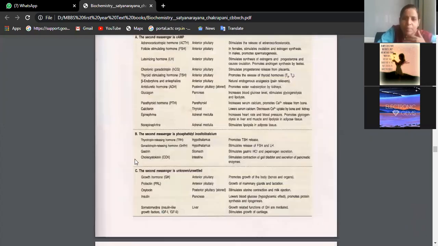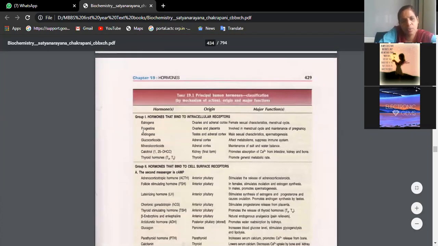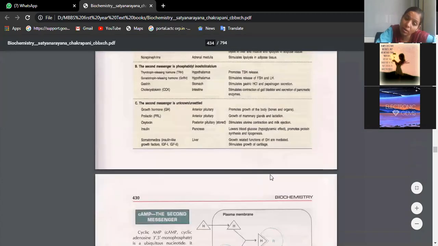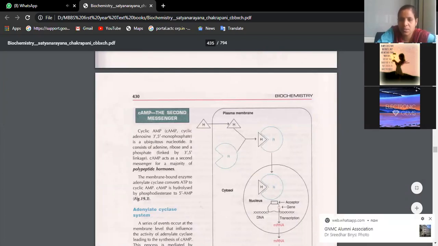See, examples you should give of group 1 hormones. You remember the code PAGE. Progesterone, estrogen, androgen, glucocorticoids. These are the group 1 hormones. We know from where they are released, isn't it? We know their functions also. Group 1 hormones, mode of action we have studied in physiology in fact. Group 1 hormones are released into the blood circulation, isn't it?